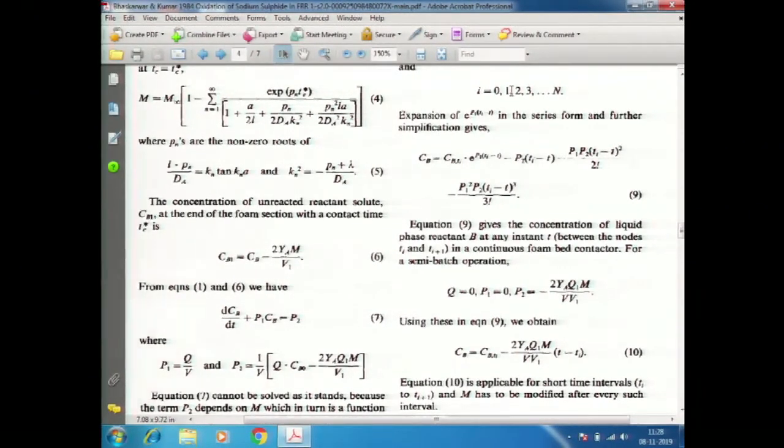I will repeat here. Is it okay if I start with the concentration profile C_A(x, t_c), that was obtained by inversion, that F(p) by G(p) form. So, we differentiate that concentration profile with x and evaluate the gradient at x equal to plus a, which is the surface of the film, multiplied by diffusivity. ∂C_A/∂x is positive because of the choice of our coordinate system, x is equal to 0 at the center of the film.